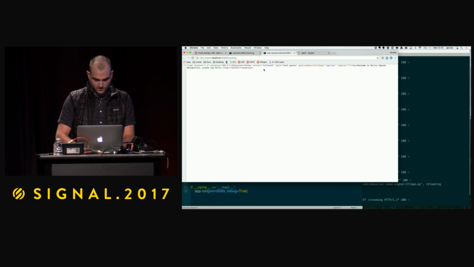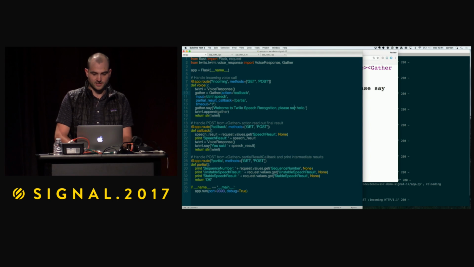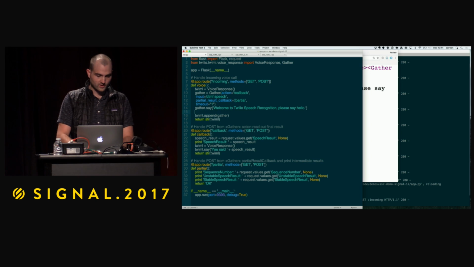So this is the TwiML that this code actually generates. You can see I have this open gather tag, then the say sitting within the gather, and then this close gather tag. The timeout starts evaluating from the second we say the end of hello, which makes a 1 second timeout really inconvenient sometimes, because you potentially time out before the person even starts speaking. So another way to do this is to pad out the time with gather pause length